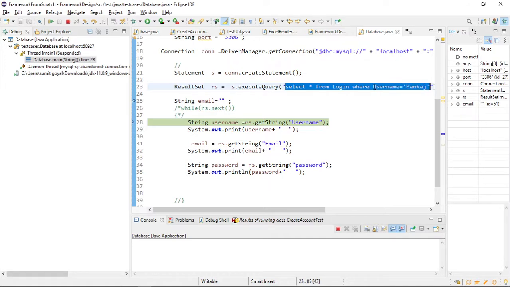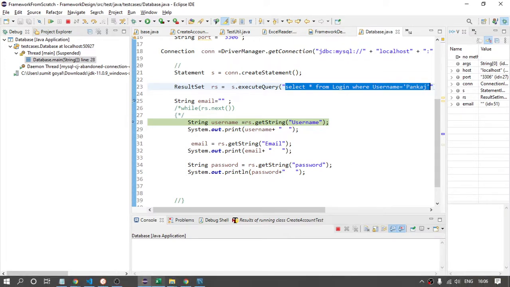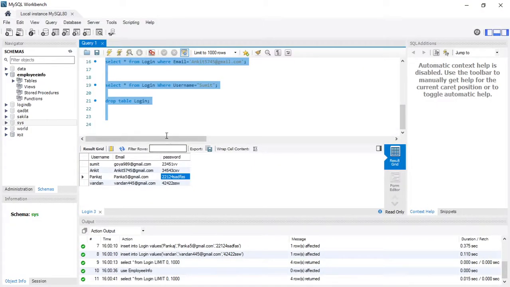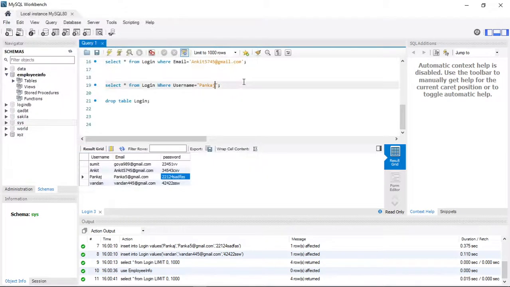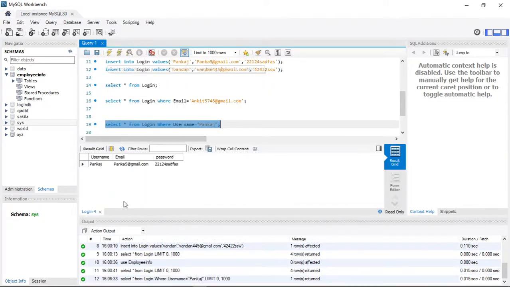If I copy paste the same query here, let me write Pankaj, and if I run it, only one row will be returned. So only Pankaj data is returned.